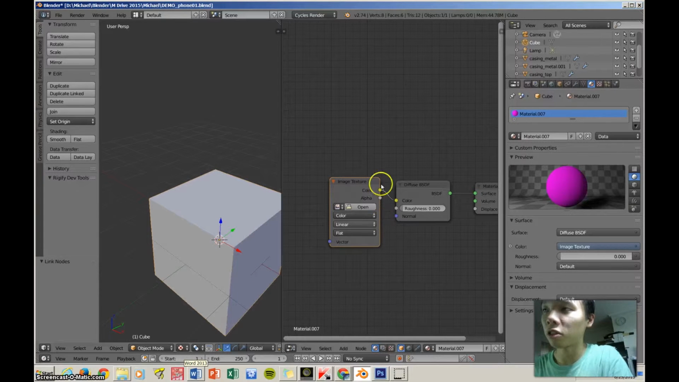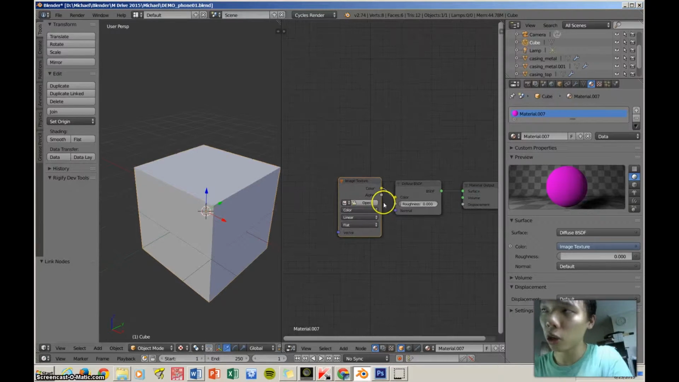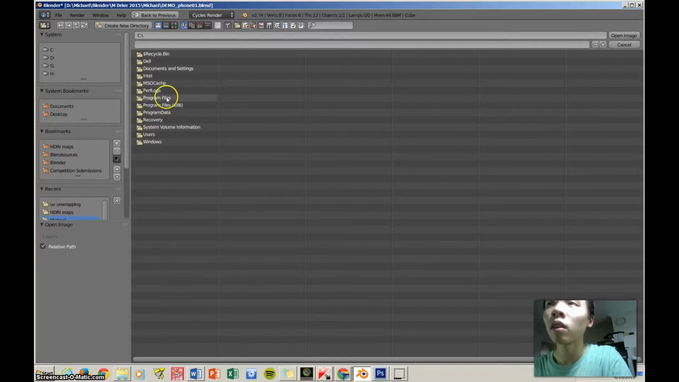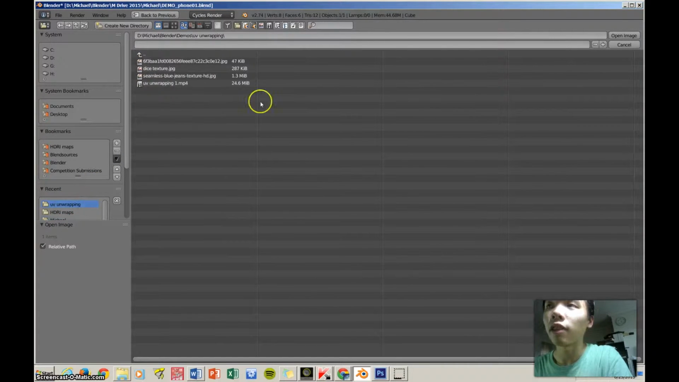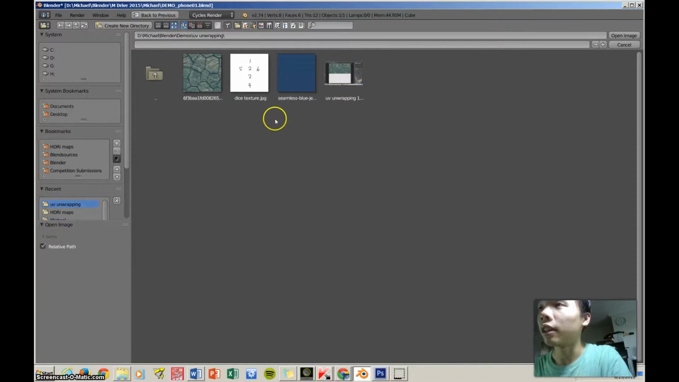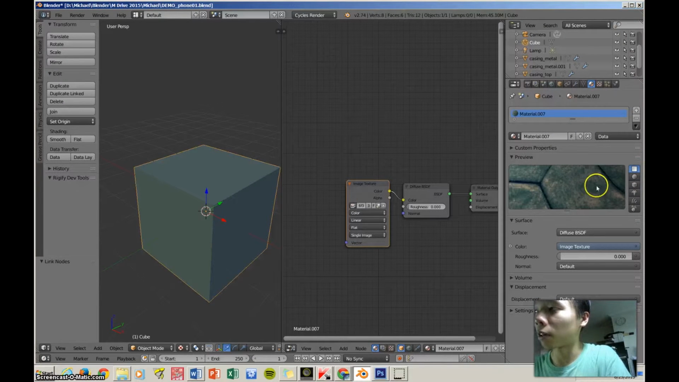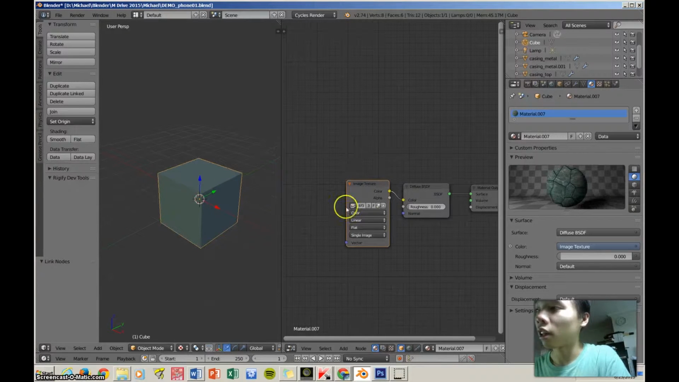Pink just means that there's an image texture node, but there isn't an image. Like there's no actual image. So we're going to give it an image. So we're going to press open and UV unwrapping, and I'm going to use this image. Okay. And it lags. Okay, so this image is what we might call a seamless image,